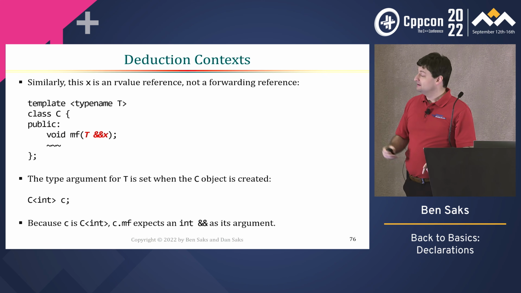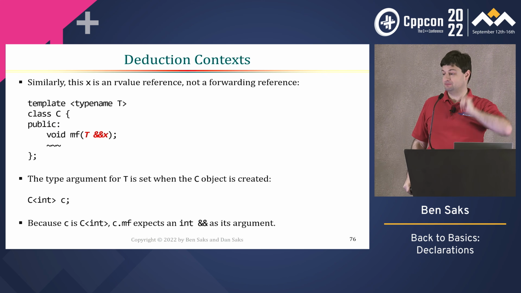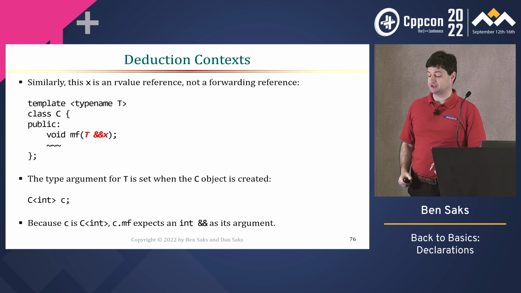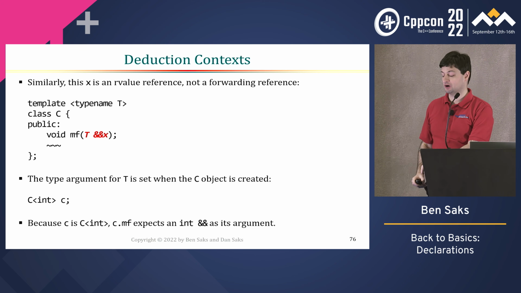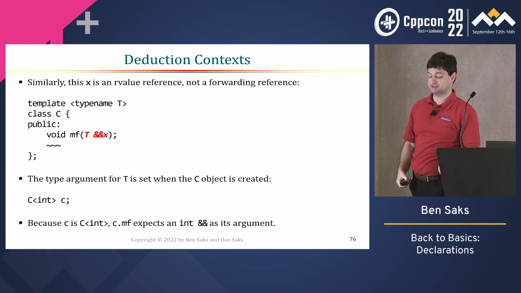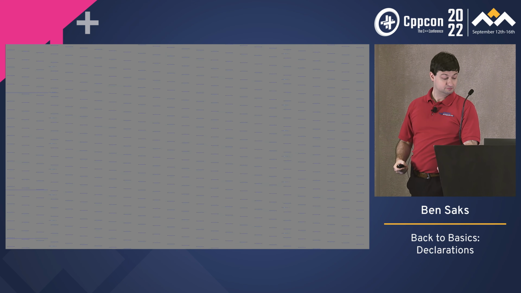Similarly, here we have a class template that has a member function that takes, in this case, an rvalue reference. And it's an rvalue reference because the type argument for t there is set when we create the object of,